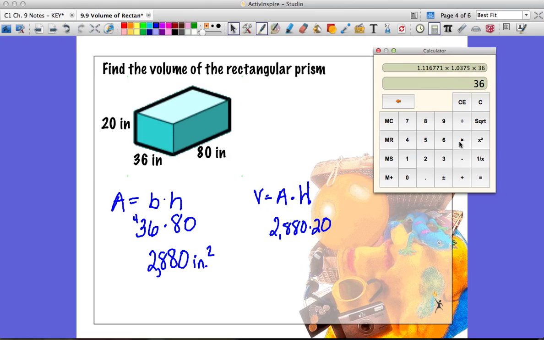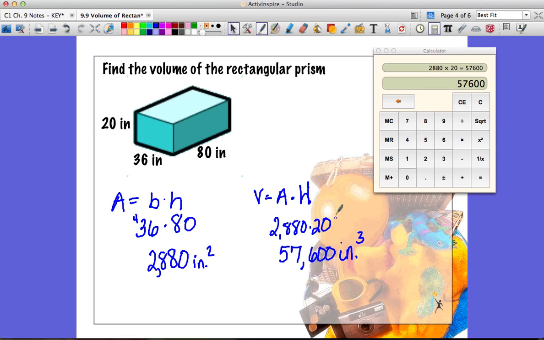So we did 36 times 80, and then we're going to take the 2,880 square inches and we're going to multiply that by 20, which will give us 57,600